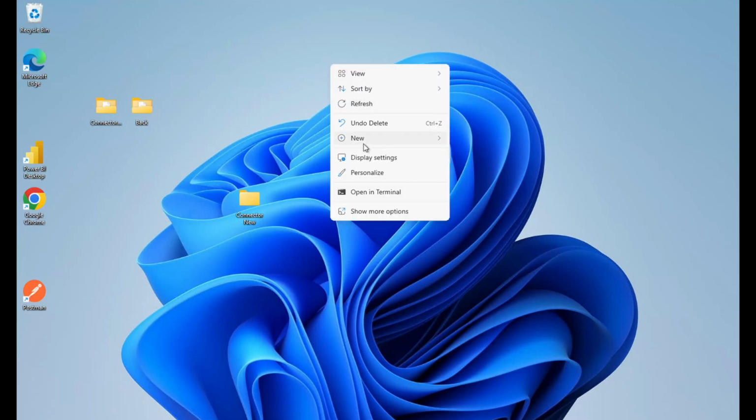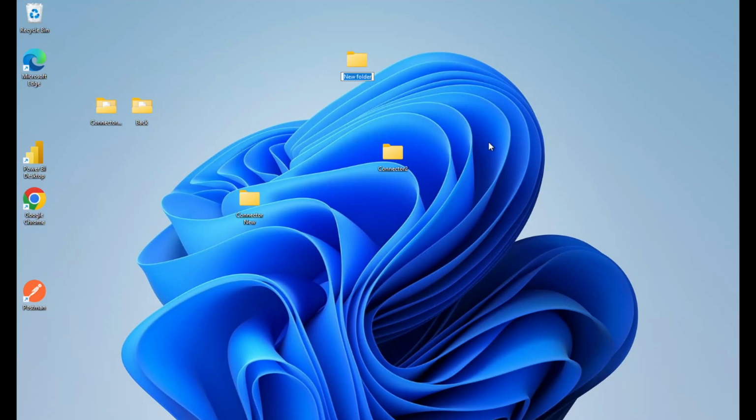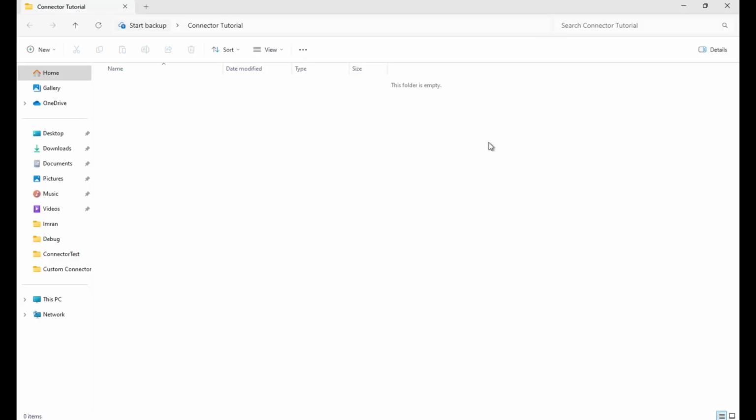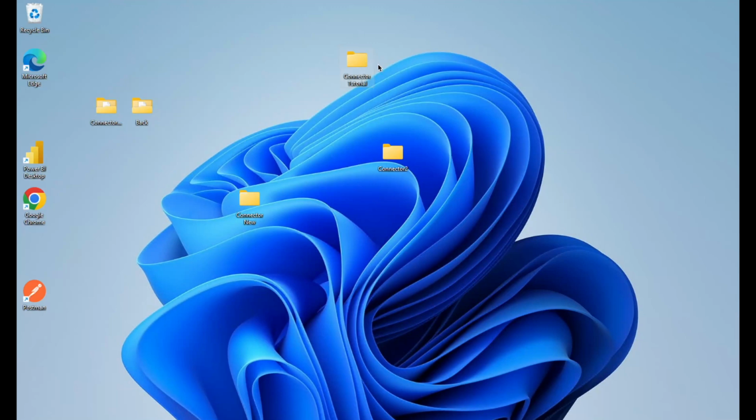So I'm going to go New Folder. And the folder name that I want to use is connector tutorial. And this folder will essentially have all my connector files that I'm going to use to build my connector. So once you have this directory created,